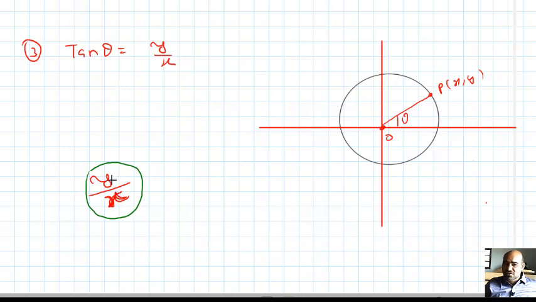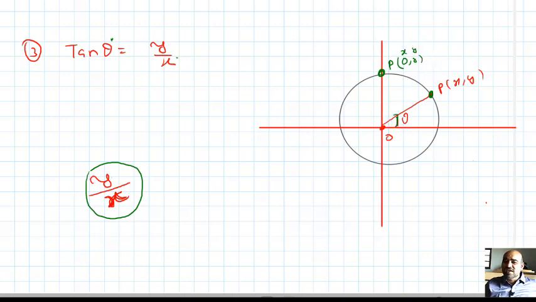Understood? X equal to 0, the fraction is not defined, so we want to identify for what values of theta x becomes 0. For such thetas, tan theta is not defined. For example, rotating, your P is here now. What happened to the point 0 comma r? That means x is 0 and y is r.